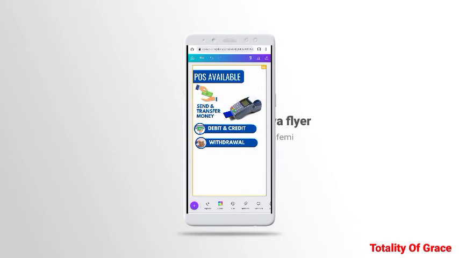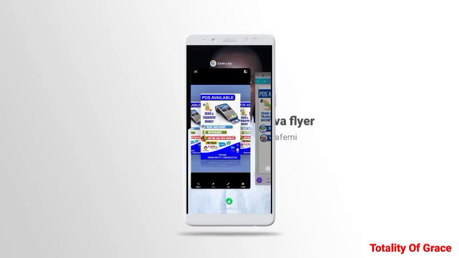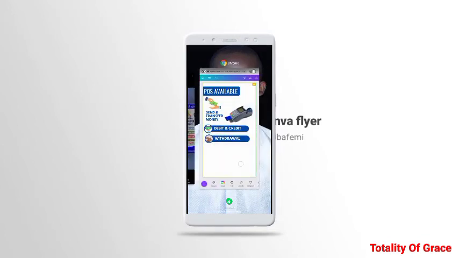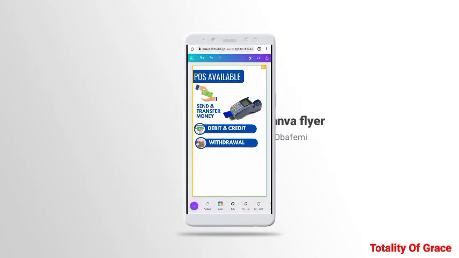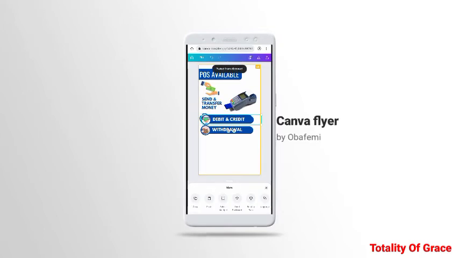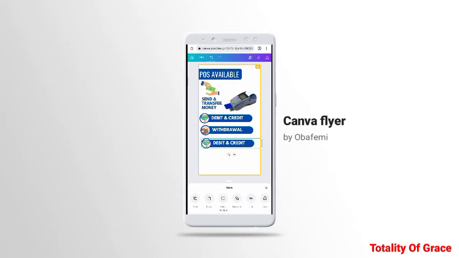Now withdrawal. Okay, so let's look at the next one. It's airtime and data bundle. Okay, so this one now we're going to duplicate it again. Let's just paste that one that we've already copied. Paste. Good. So we are going to change the color. Once we finish designing it, we are going to work on the color. So we said draw,